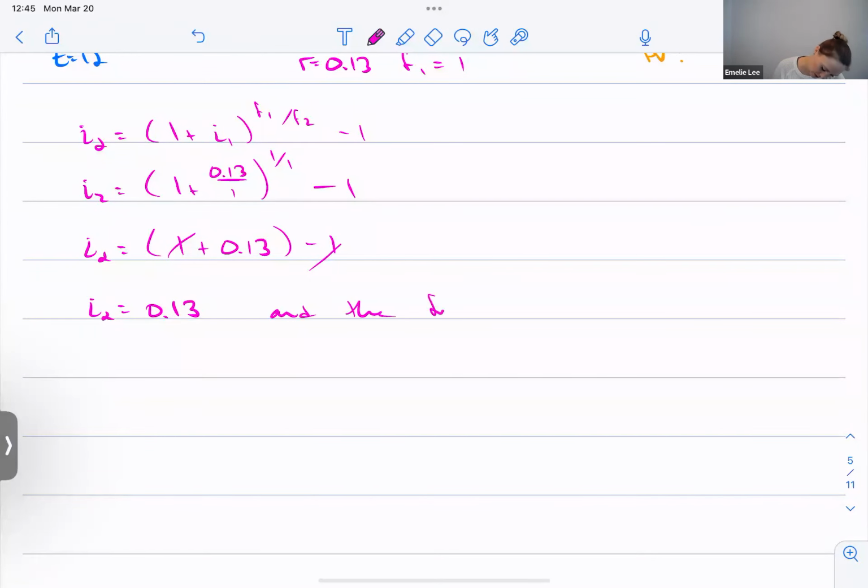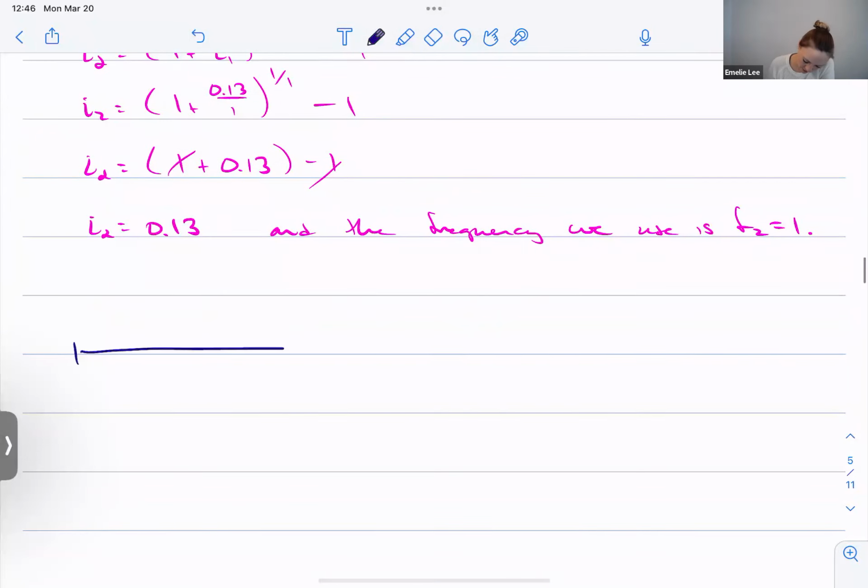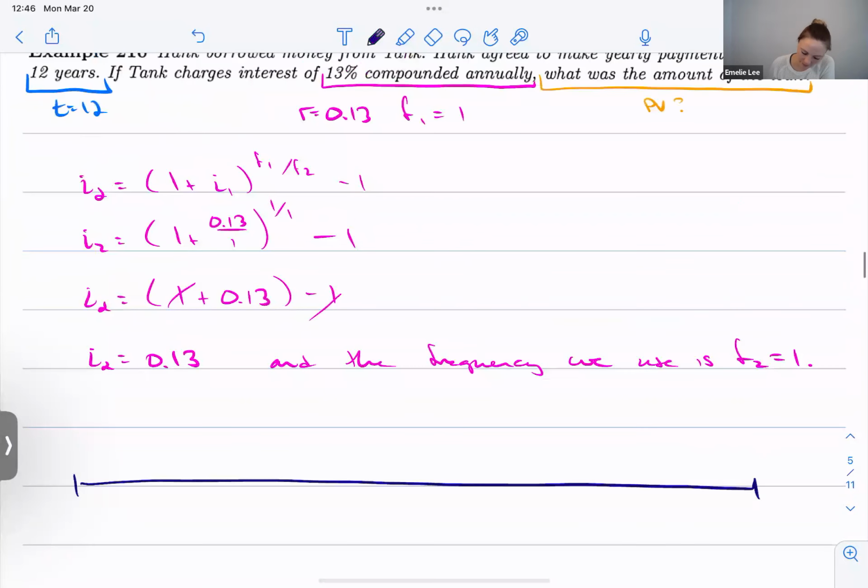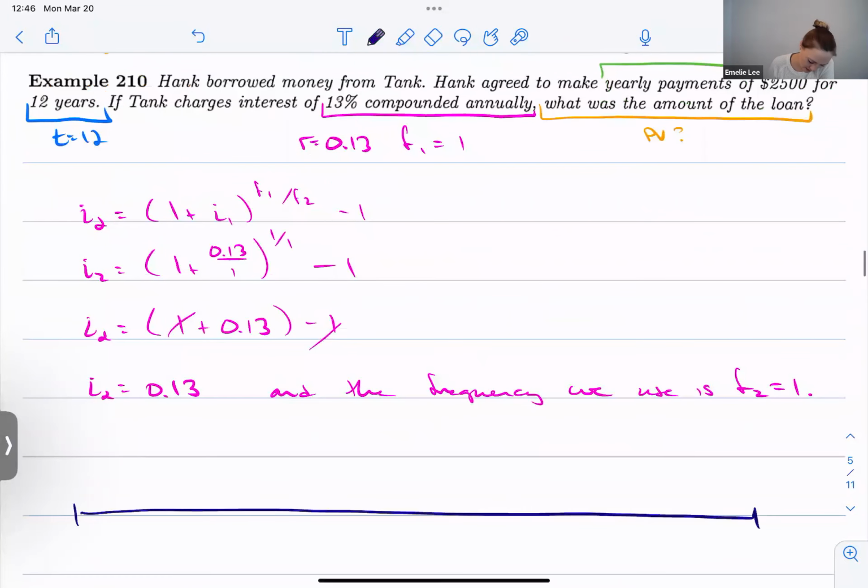And the frequency we use is F2 equal to 1, because now that's the active frequency. So we can draw this on a timeline, right? So let's say